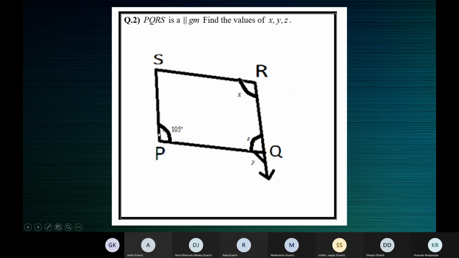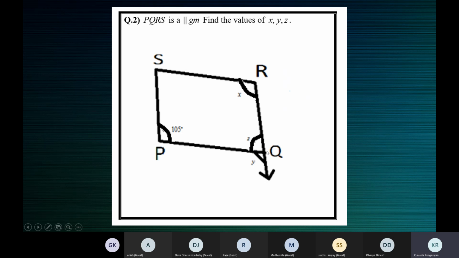See here, parallel line, transversal, parallel line. So you have 105 on one side of the transversal. You have Y on the other side of the transversal. See here, you can find the angles between them. Parallel line, transversal. Can you see the angle here? This one. Then as you come,